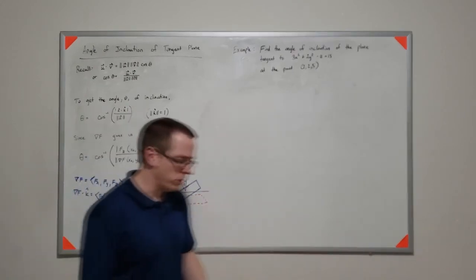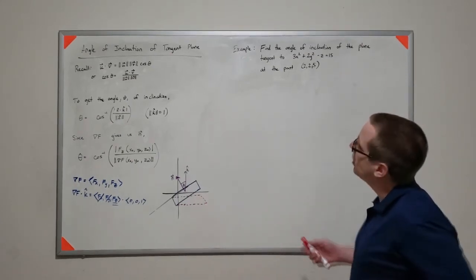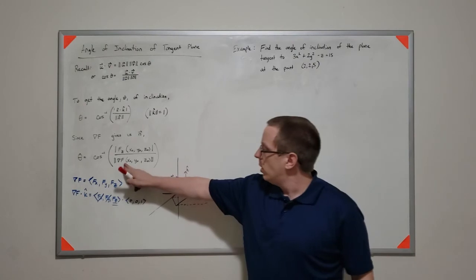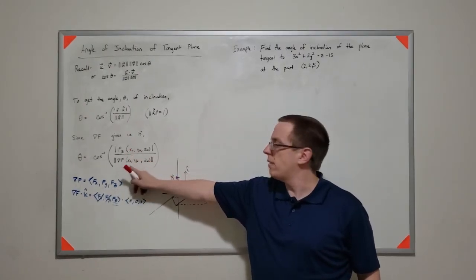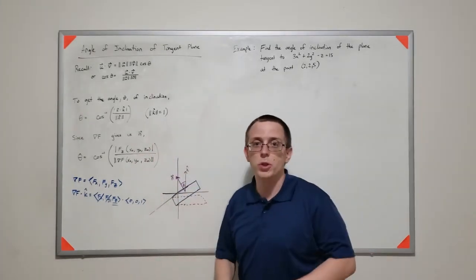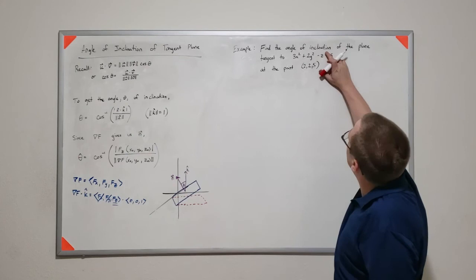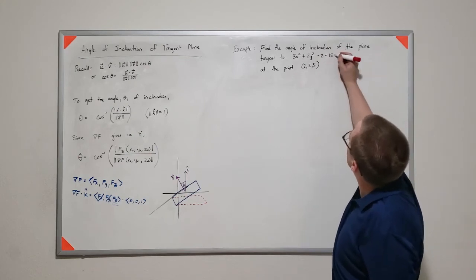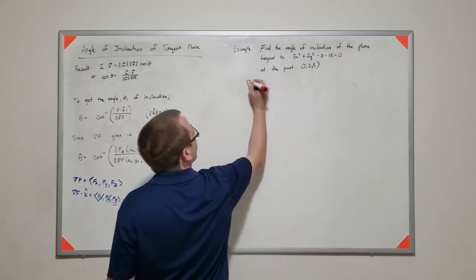So let's do an example of this. Let's come over here. We want to find the angle of inclination. So if we look over here, it looks like we've got to compute the gradient no matter what. So this piece is kind of an afterthought. So we'll just go ahead and compute a gradient. Well, this thing, I can rewrite as minus 15 equals 0. And then my gradient